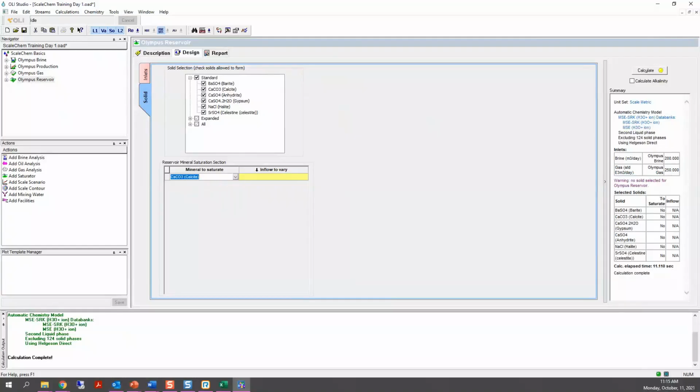And the next step, this is important, just click on this yellow cell, so that it brings automatically the inflow to vary. So what the software is doing here is that in order to saturate the fluid with calcite, the software will vary the amount of calcium in the water, and it will vary the amount of carbonate in the water.